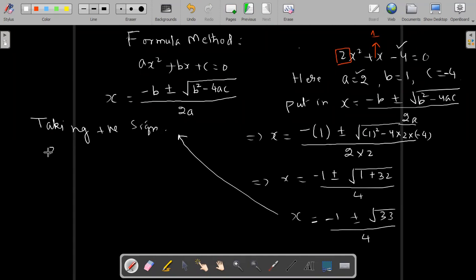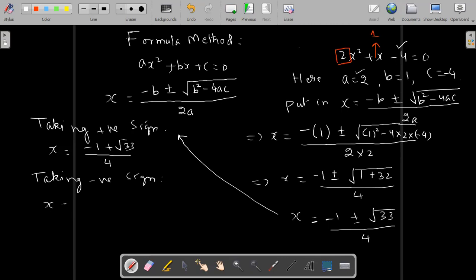It's a quadratic equation. When you take the plus sign, you will get one answer, minus 1 plus root 33 by 4. If in some question it is solvable, we can solve it, but here it is not solvable further, so this is the answer. And now taking the negative sign, we get